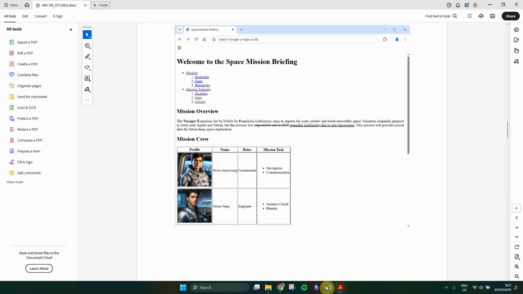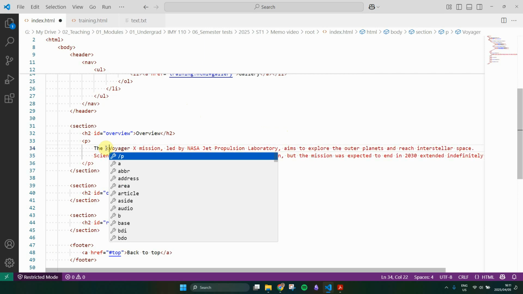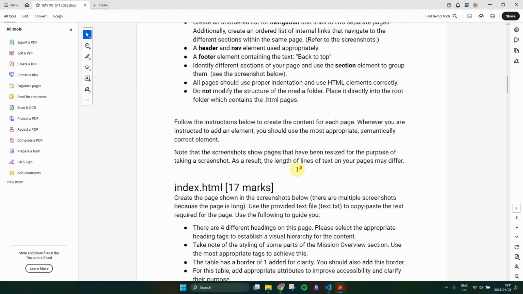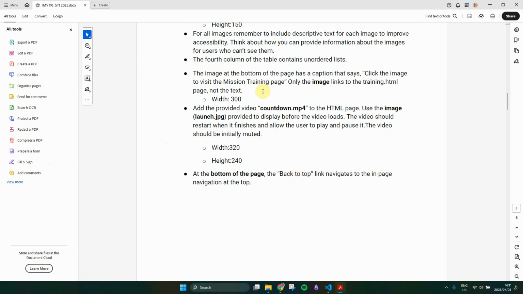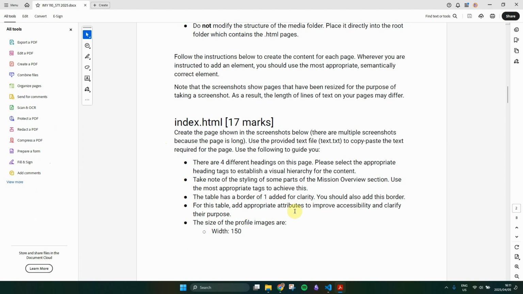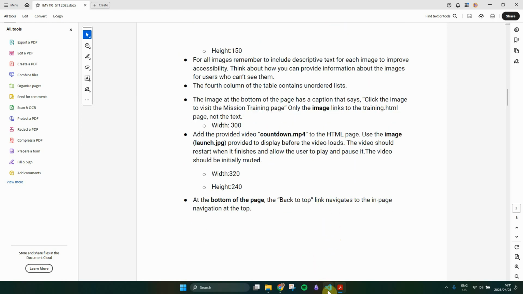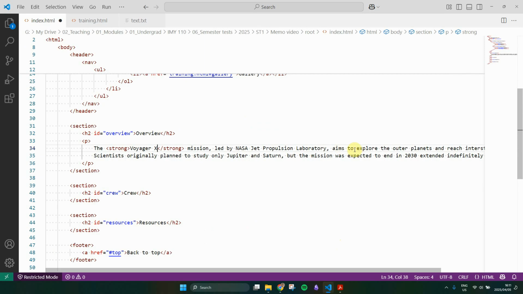Okay, so we're going to use semantic markup for all of this because when in doubt, semantic markup is just better. Have we been told? Let's take a look. The most appropriate tags. I would imagine that if a screen reader was reading this out, it would make more sense to use semantic markup rather than just styling it. Because remember, we always want to apply our styling using CSS. So if there is styling applied to a paragraph using HTML, we're going to assume that it is done with